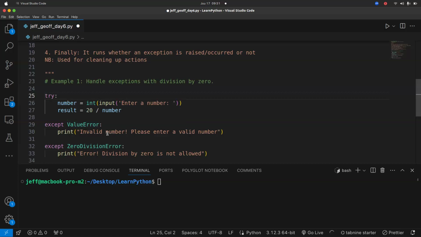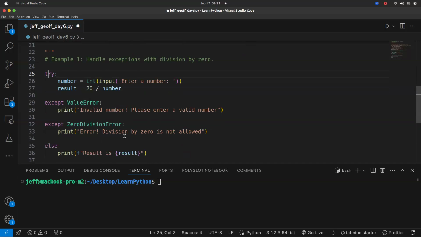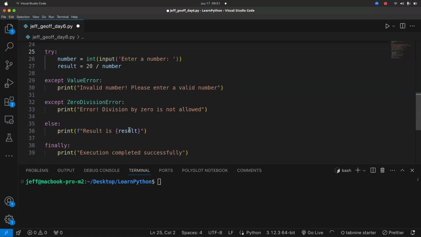So in this case, where you attempt to divide a number by 0, it will throw you this error. It will print for you this message. Then else, if the condition is satisfied, then you just get the results. Finally, when all these checks are complete within the try block, within the exception, within the error handling, then you can say execution complete.